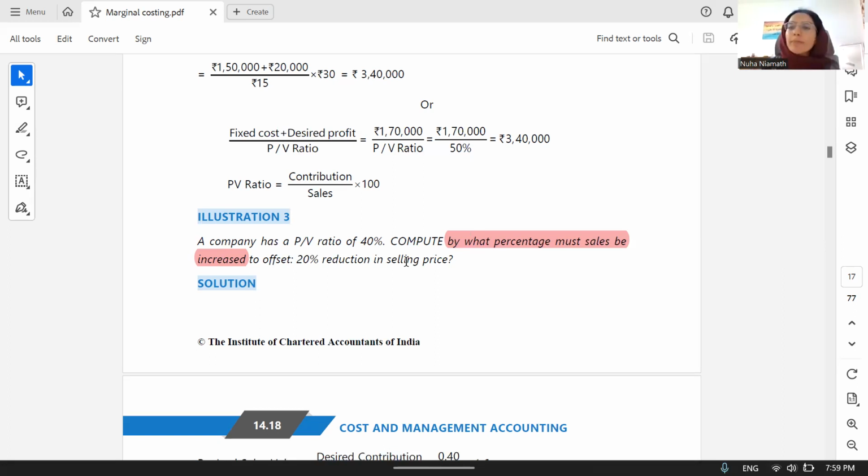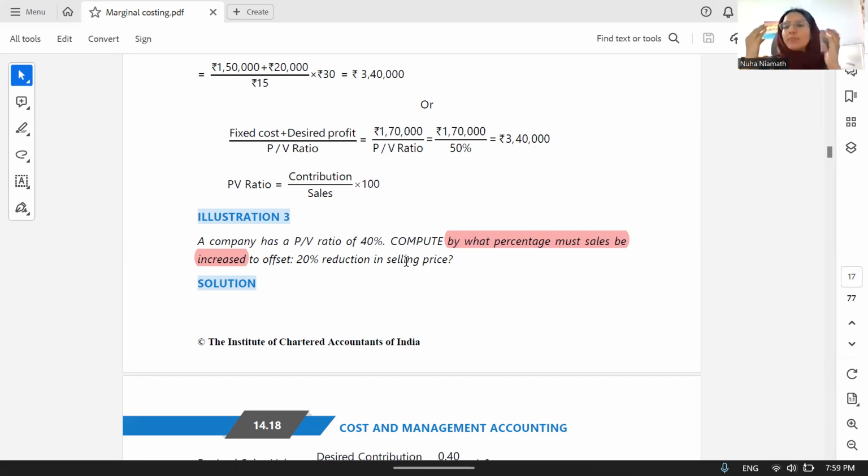Because we have the PV ratio, which is between contribution and sales. It's telling us the PV ratio is 40%, and the sales price is reducing. But we want to keep the contribution the same